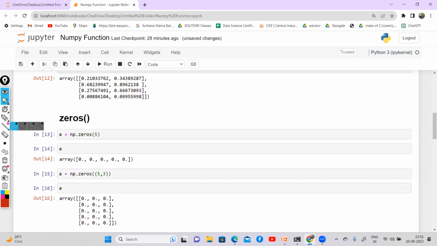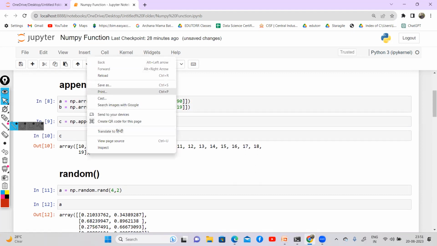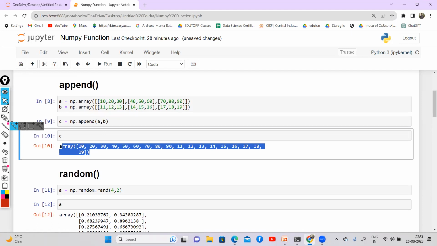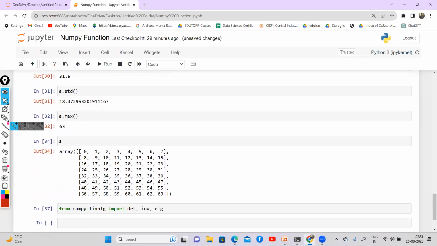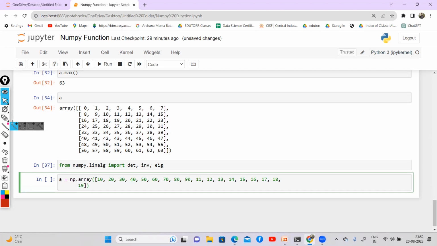Now let me write that first example. Let me copy all these things and paste here. Here I have to write the code. So let A be equal to np dot array of all these things. Inside that, I have to write the reshape of